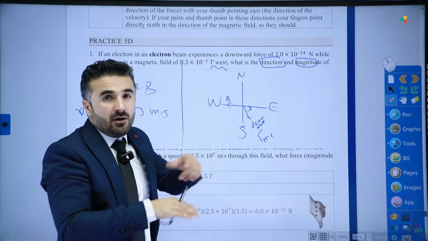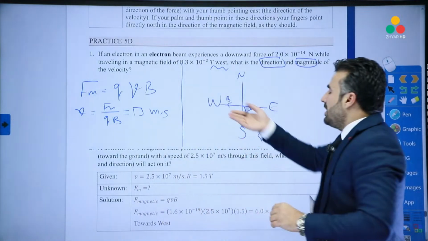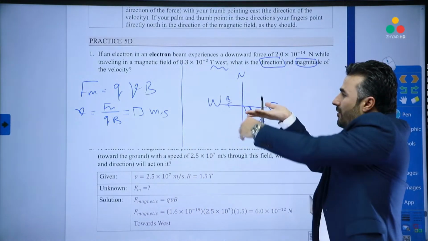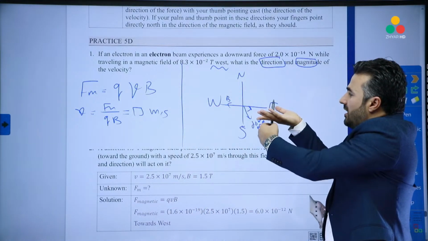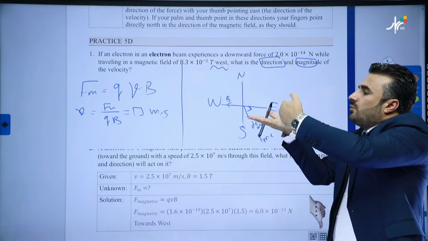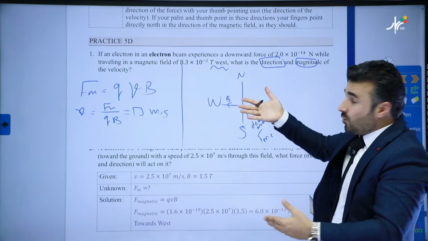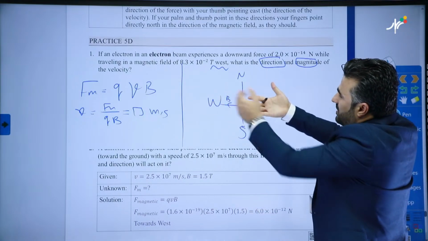But once again, keep an eye on the back of my hand because we have an electron here. If I do it again, remember the magnetic field is the strength and direction, and this is the magnetic force, so this is the direction of the motion, which is towards north. If I flip my hand this way, perhaps it makes more sense, because that is west, and this is the